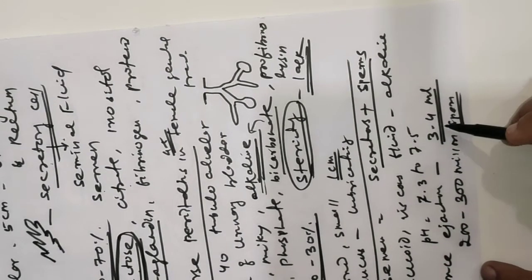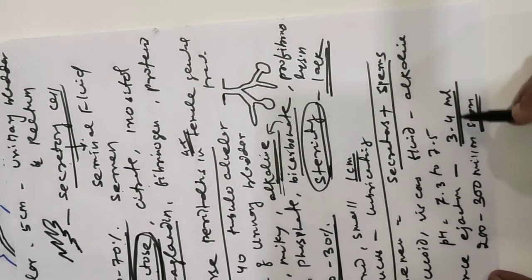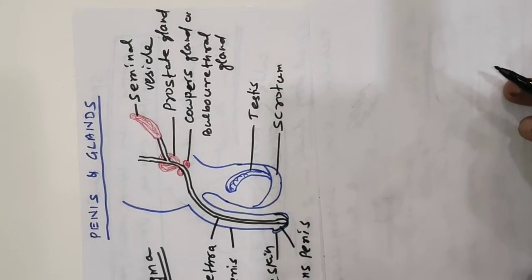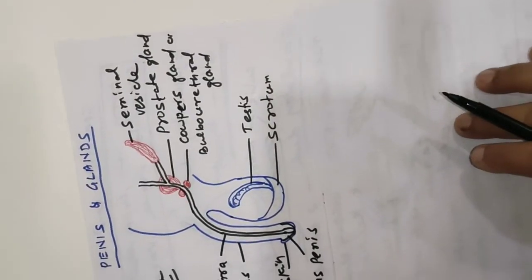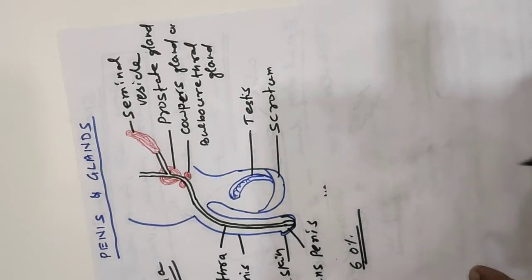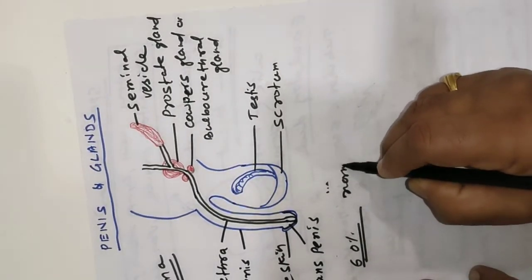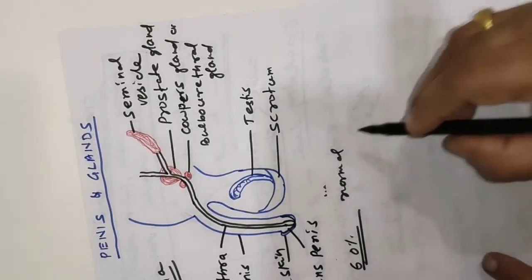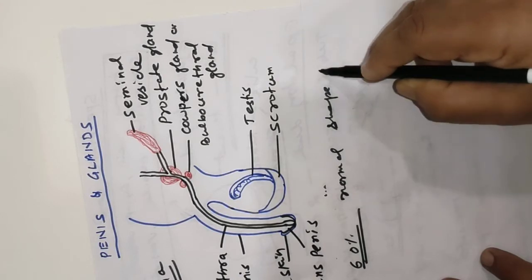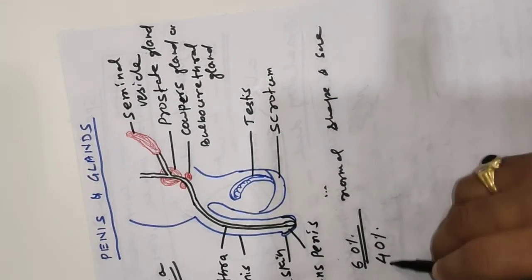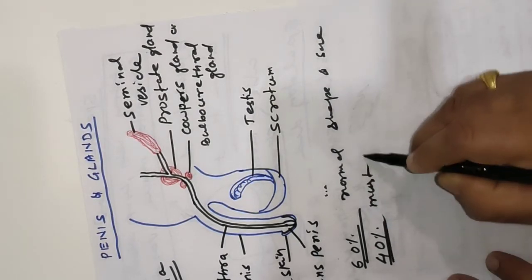Out of these 200 to 300 million, generally 60% of sperms are normal in shape and size, whereas the rest 40% must have